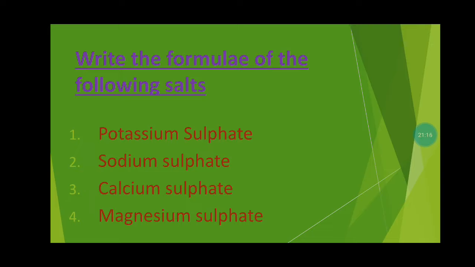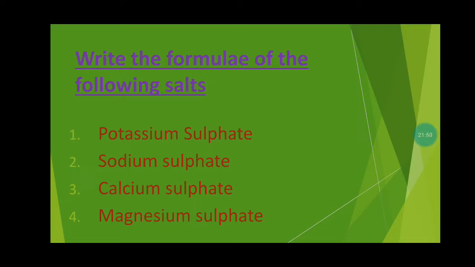Now children, here a small exercise for you. Now let's start writing the chemical equation involved in this reaction. Here an acid reacts with base to form a salt. What salt have you taken first? You have taken potassium sulfate. Here potassium hydroxide and sulfuric acid are involved in the chemical reaction, which is the formation of K2SO4.